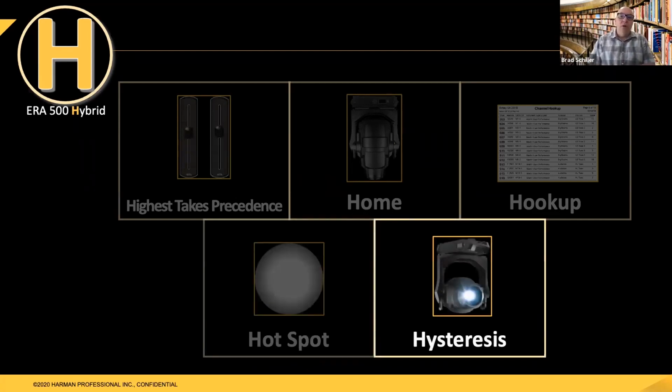Now, this is a word you may or may not have heard of, but it's a very important word called hysteresis. Say that 3 times fast, hysteresis. What hysteresis technically means is the dependence of the state of a system based on its history. It's used a lot when you look into electronics and motors and things, and that's what it refers to in our industry as well. When we have a moving light, you have to consider hysteresis.